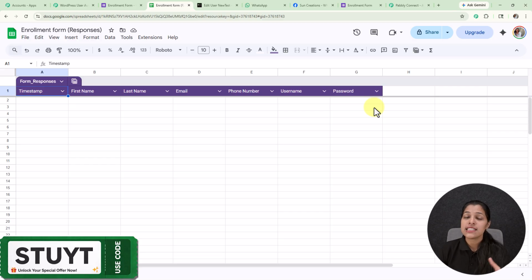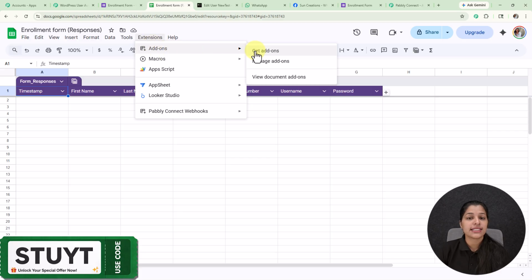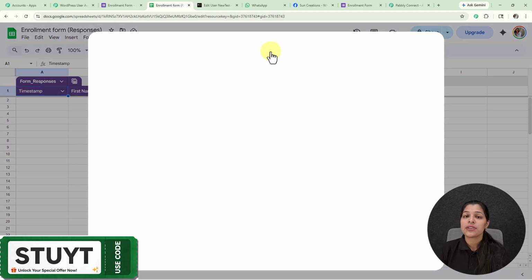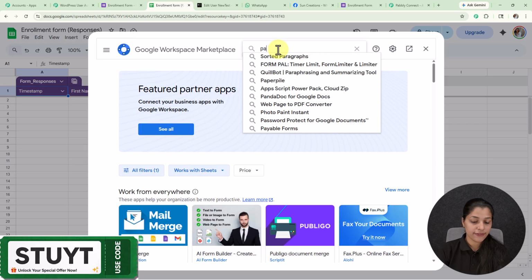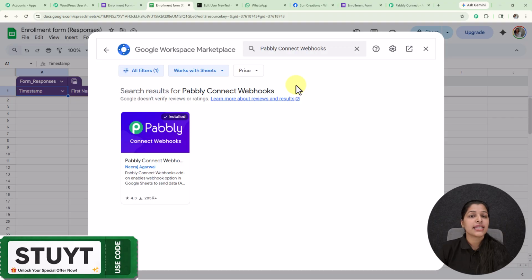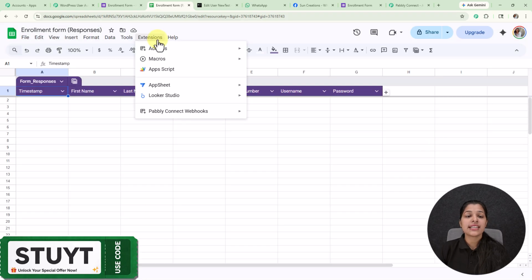And now for adding this webhook URL we just have to move towards the extensions, and here on the add-ons you have to select this get add-ons, and you will be landed to the Google Workspace Marketplace where you have to search for the app, that is the Pabbly Connect webhook. And here you can see that I'm getting this application which is already installed. So make sure to firstly install it, and afterwards again you have to go towards the extensions,